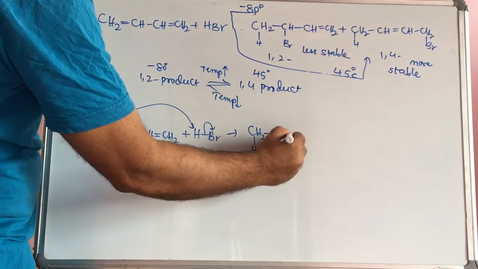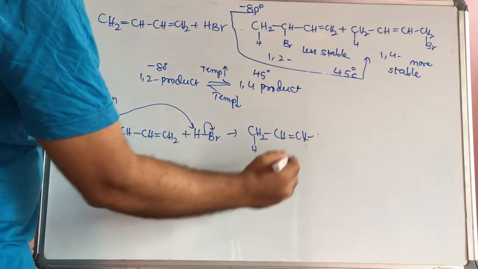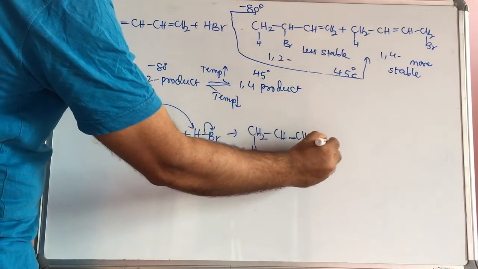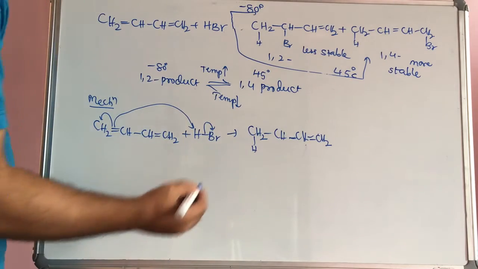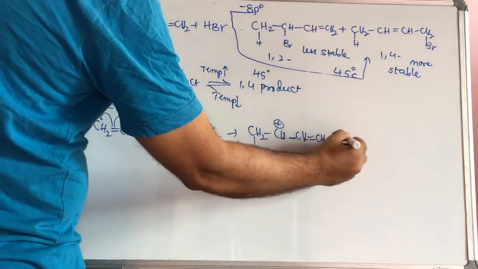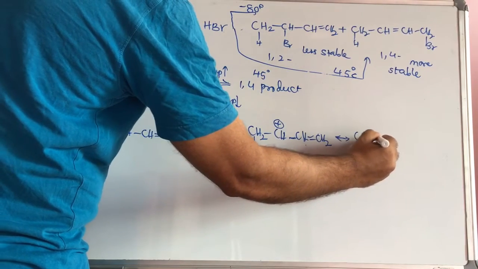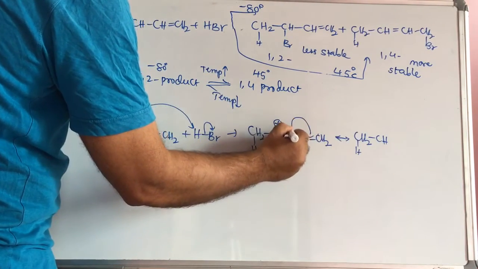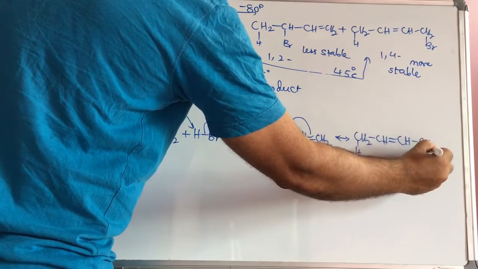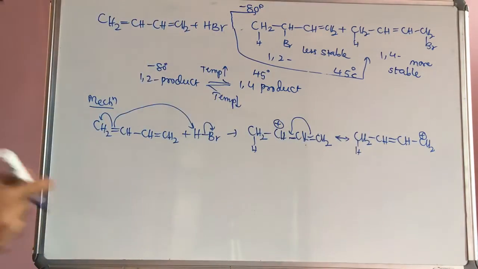and this will be CH=CH2. So CH single bond, double bond, and here CH2. So the positive charge is generated here at second position. So what are the resonance structures of this? We can write here CH2H, CH. This bond will be moved here, then we get double bond CH, CH2. This is positive charge. So here we are getting two carbocations.